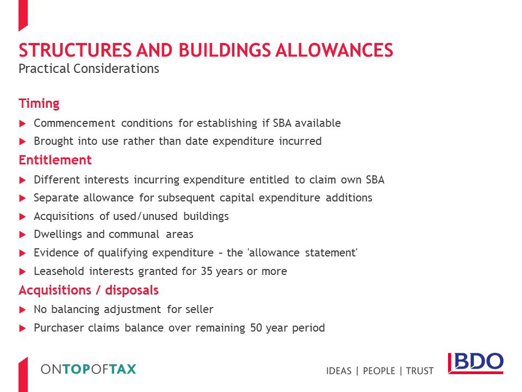A relevant interest in the land is also required to be eligible to claim the allowance, and different interests in a building may be able to claim allowances at the same time based on the expenditure incurred. So, for example, a landlord would be entitled to claim allowances in respect of expenditure incurred on the construction of a building, and a tenant is separately entitled to claim allowance in respect of elements of its fitting out expenditure on the building during its period of the lease. For a leasehold interest, at the end of the lease, the allowances end and any remaining structures and buildings allowances would be lost.